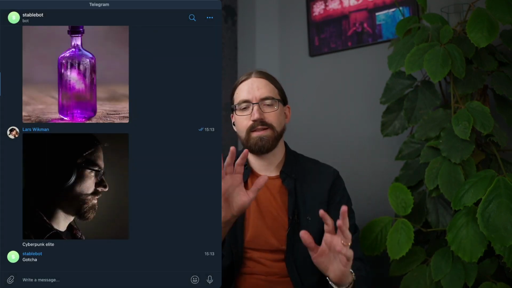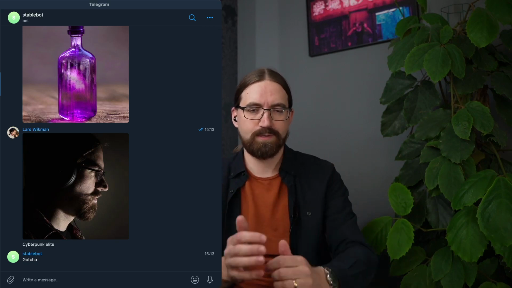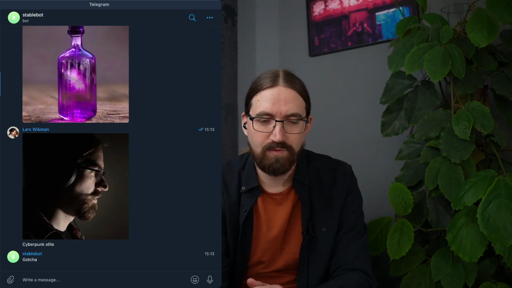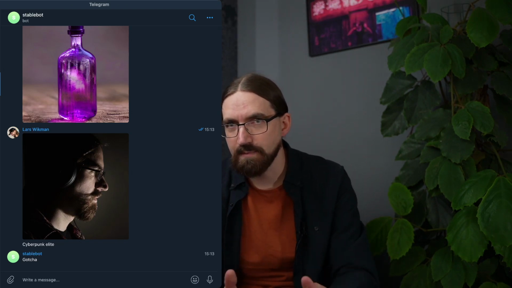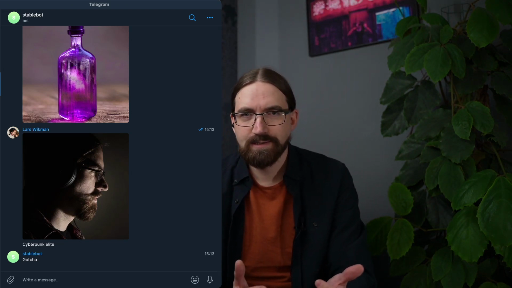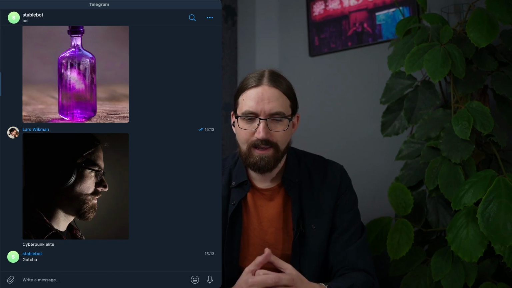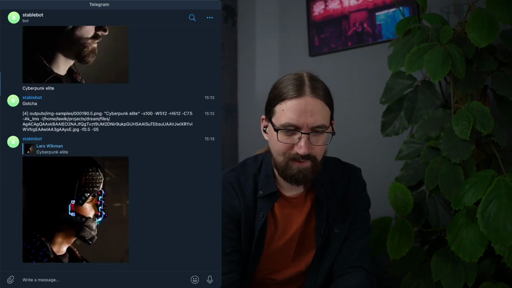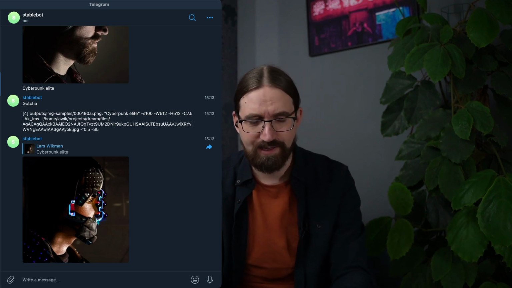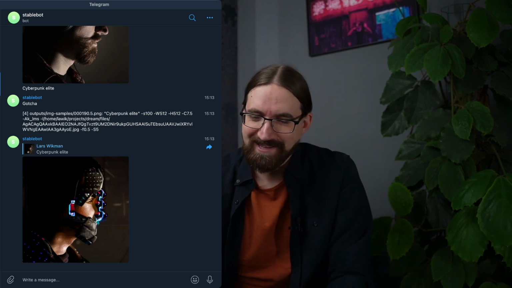Now this one can be a little bit dodgy. Hopefully the demo gods are kind and this will work for me. This uses the Stable Diffusion image-to-image functionality, and it will take an image and remix it based on the prompt. And there we have a very cyberpunk-ish remix of my face.